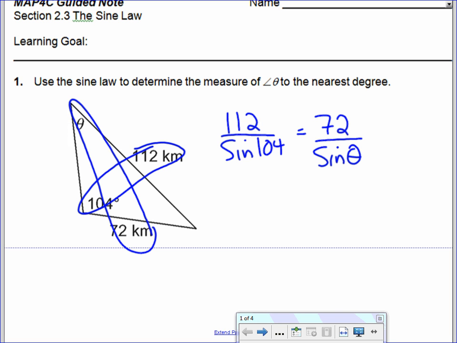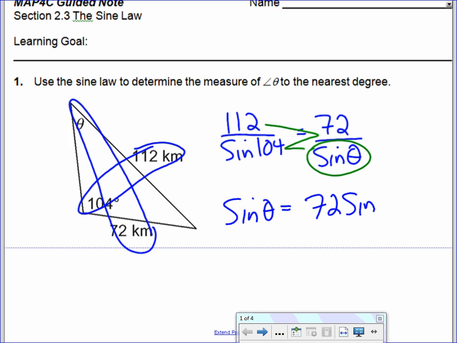Again, you're going to use Zorro, but the only difference here is your unknown has sine involved in it too. So sine of theta is going to be equal to, again, please always put the number out front, because if you put it after, like we're used to, you'll end up multiplying 104 by 72 first, and that's wrong, okay? If you always put the number out front of sine, it'll work. So now I'm going to have 72 times sine 104, then I'm going to divide by 112, and I'm going to get a decimal. So sine of theta is equal to